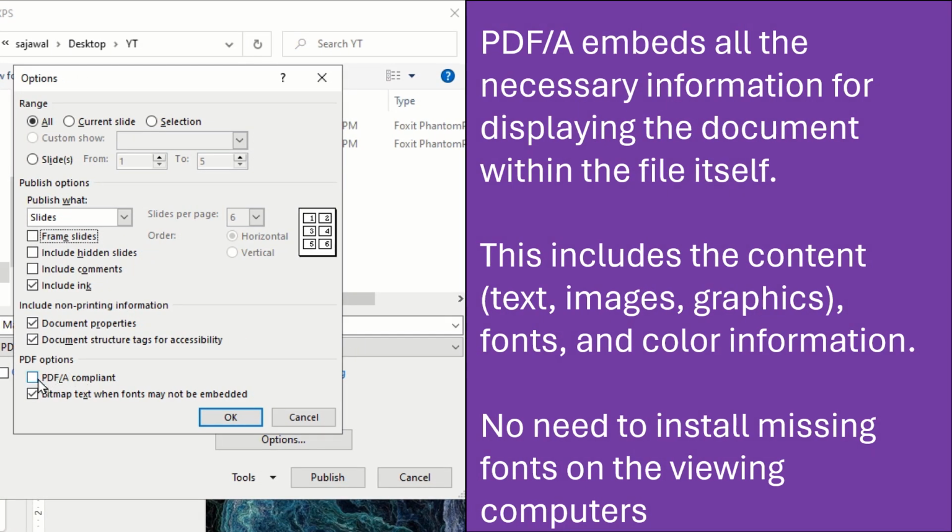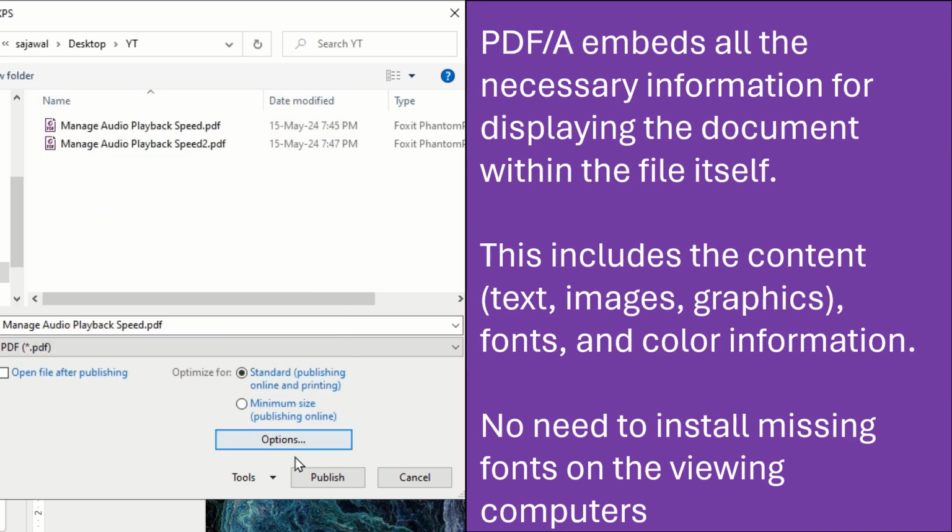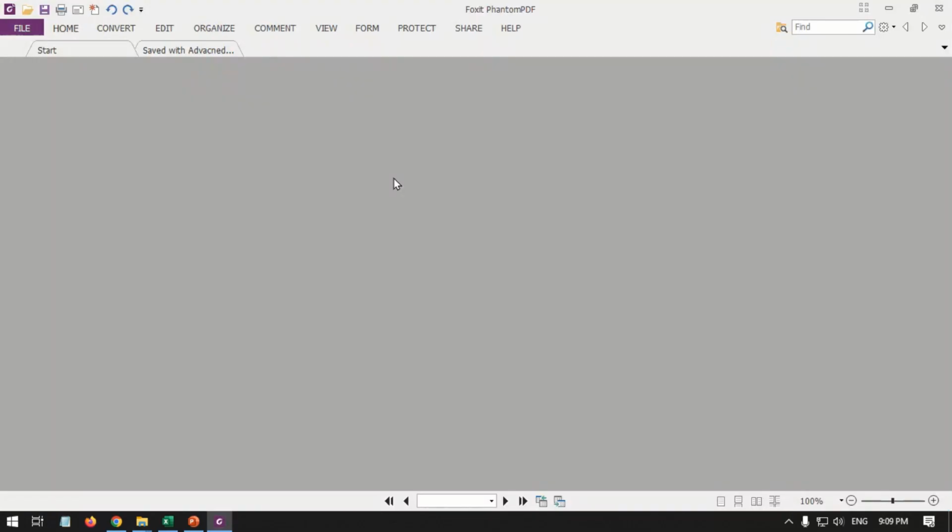PDF archive compliant is optional. Finally, click OK and publish. The exported PDF document